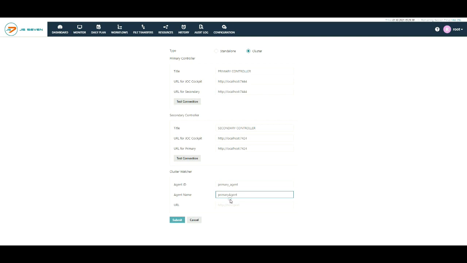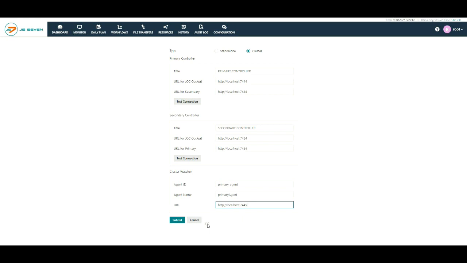Agent name is a unique identifier that is used, for example, in the JOC Cockpit configuration view to assign agents to the jobs. The agent name can be modified later on. The agent URL is the host name and the port for which the agent is operated.